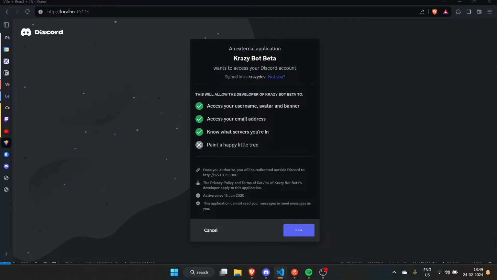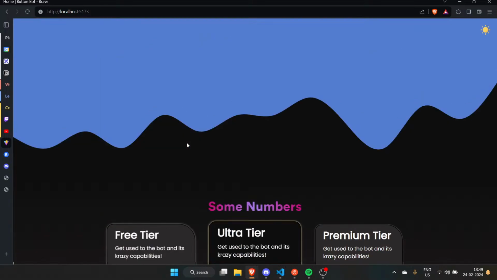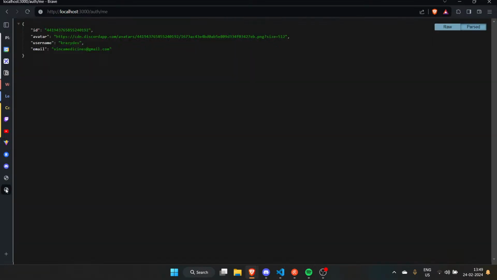That's what you're saying. We have a plus there in the token. Now we have a slash there. Interesting. Now if I go on the guilds page, we have a couple of error messages. That's sensible.